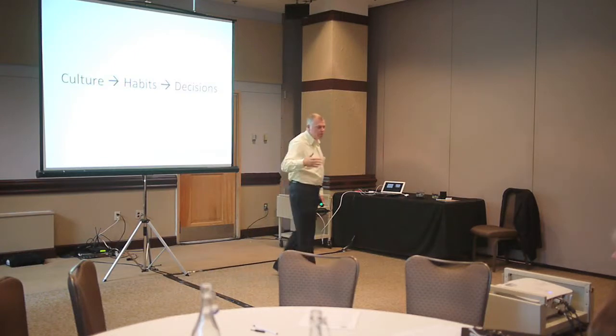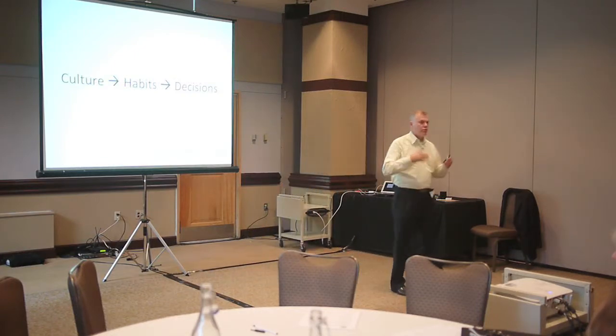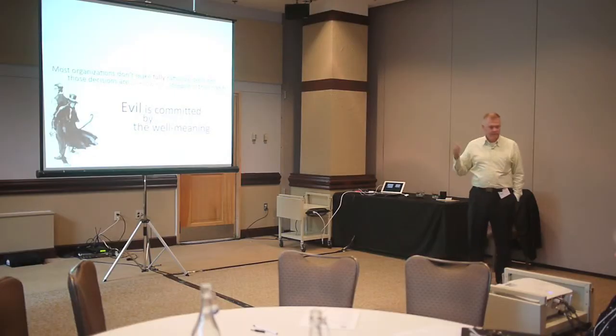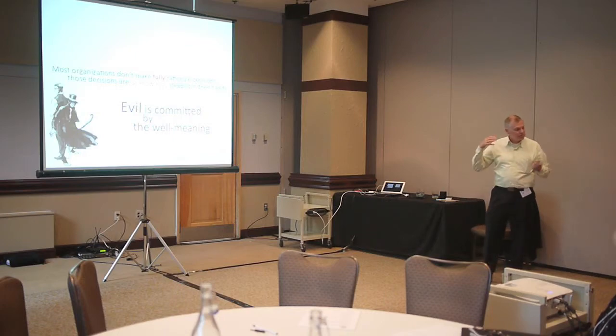And so that began a whole movement on trying to figure out organizational culture, what's the best culture for how we make decisions, and those forms of things. So culture begets a certain set of habits organizationally that beget a certain way that decisions are made. And so what happens, and Charles Duhigg explored this a bit, is most organizations start making what they think are rational decisions, but because they're steeped in these habits based on an organizational culture, they may not be the right decisions for what they need to do, right? I mean, take an example of Microsoft missing the boat in some of the stuff that went on. There were probably decisions that went